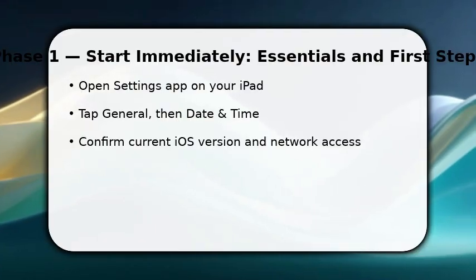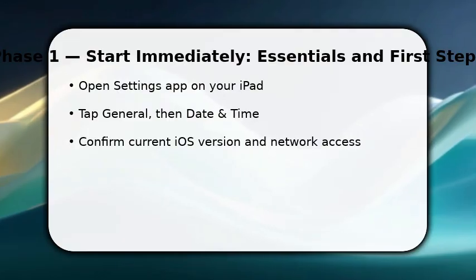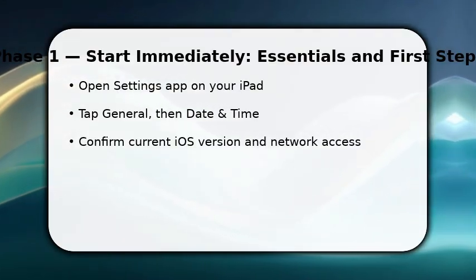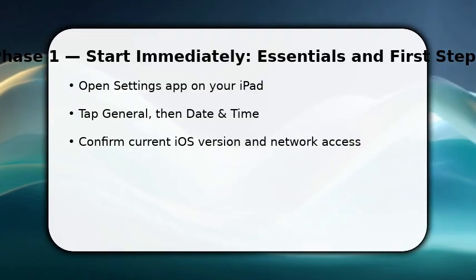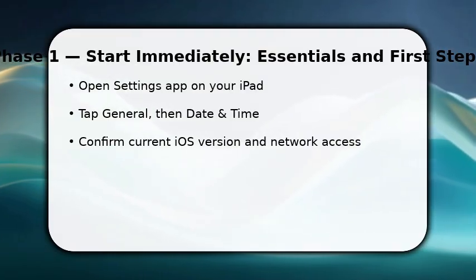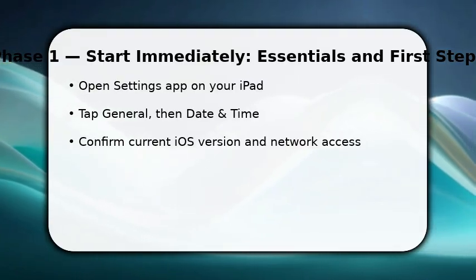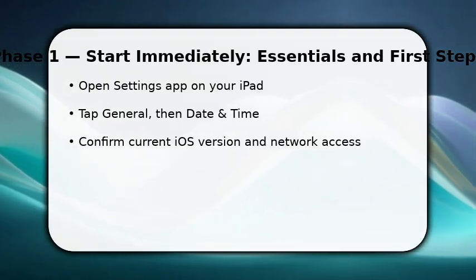You begin by opening Settings and navigating to General, then Date and Time. This gets you to the control panel. You need an internet connection for automatic updates, so make sure Wi-Fi or cellular is on. If you plan to set time manually, turn off Set Automatically now, otherwise leave it enabled to sync with your